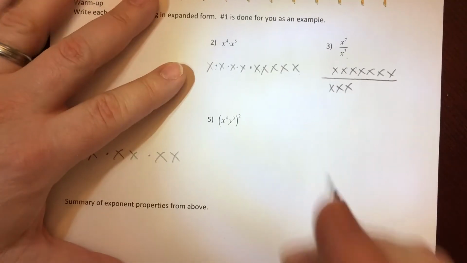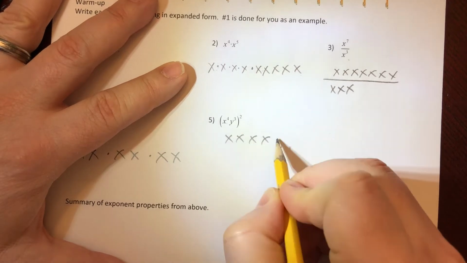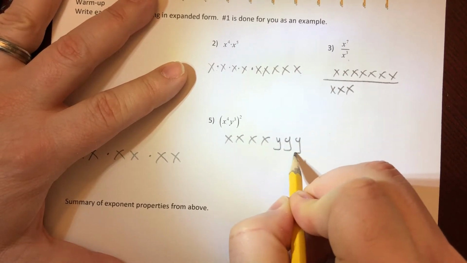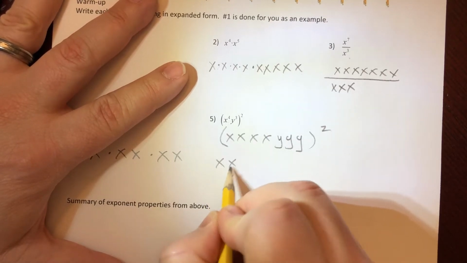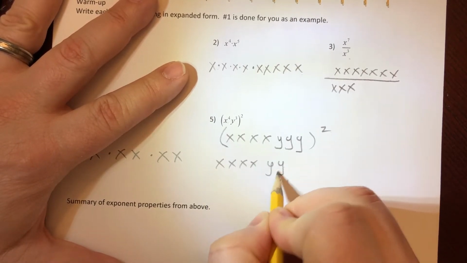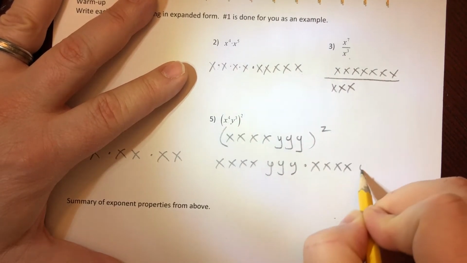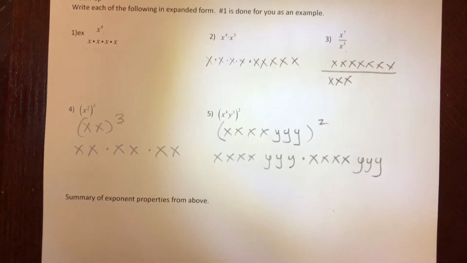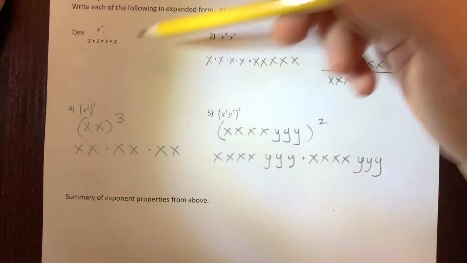Okay. The next one, we have x to the 4th, y to the 3rd, and then that's to the 2nd, which means we'll end up with one of them, and then another one. All right, so that's what you should have been able to do based on the example,